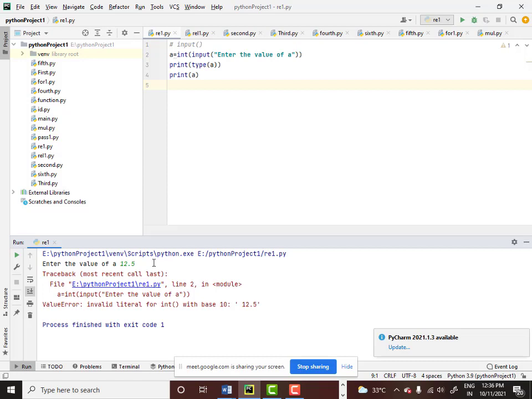That means you are accepting the value as integer, but you are giving the value as float, so it will not accept it. Understood? Yes. So you have to convert this into float. If you are inputting a decimal number, you have to make use of float. If you are inputting an integer number, you have to make use of int. Both of these are applicable for input functions.